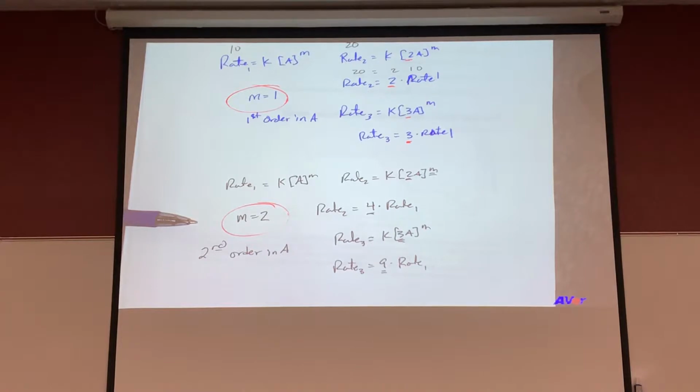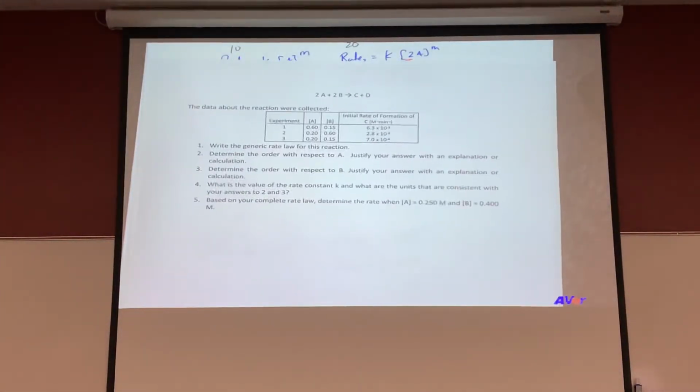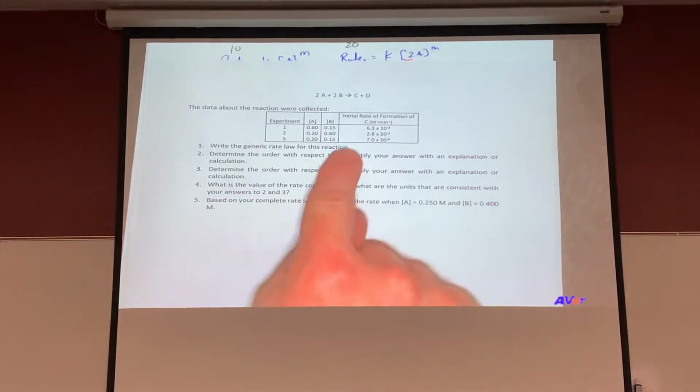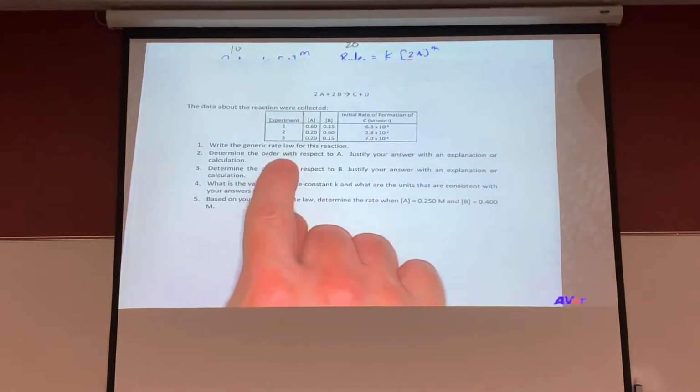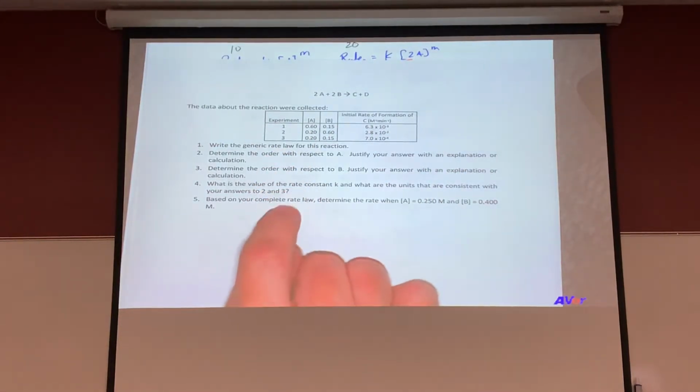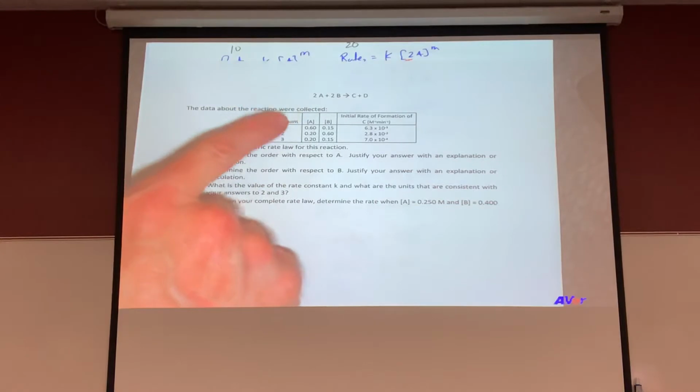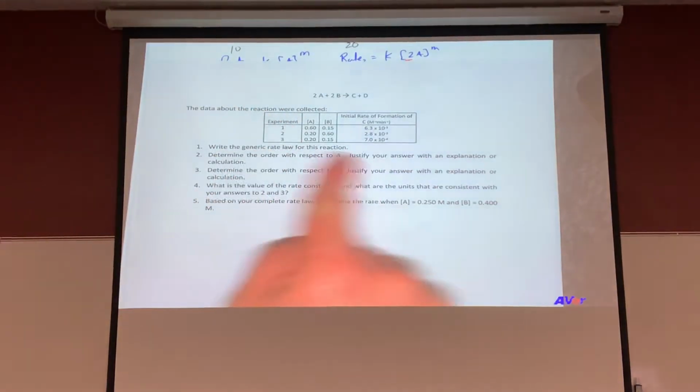Sure. So how would we see questions like this on tests? Like I said, I'm going to have you work through this one in a couple minutes. I need to give you how to deal with a set of data to answer the rate law and the orders, then how to figure out the K, and then make a set calculation. But this would be a question that you could see for rate, where you'd be given the equation and a set of data, and asked to do something with it.